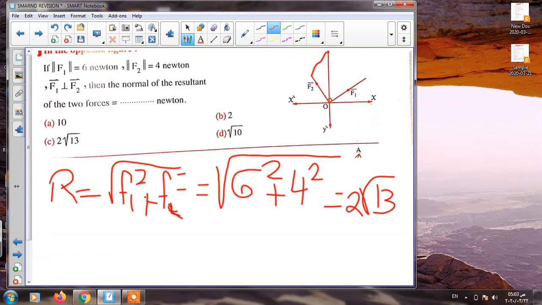And from here, if we complete the rectangle, I can't draw it carefully. If you complete the rectangle, you will find that the resultant is going to be the diagonal. This will be F2, and here F1 plus F2 will be the resultant. This is the resultant, it's the diagonal, so we got it from Pythagoras. Okay,